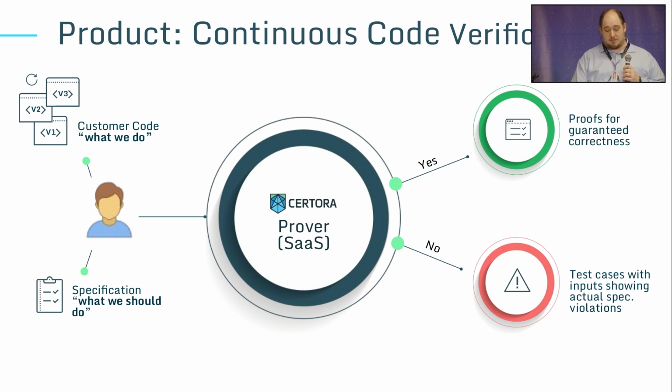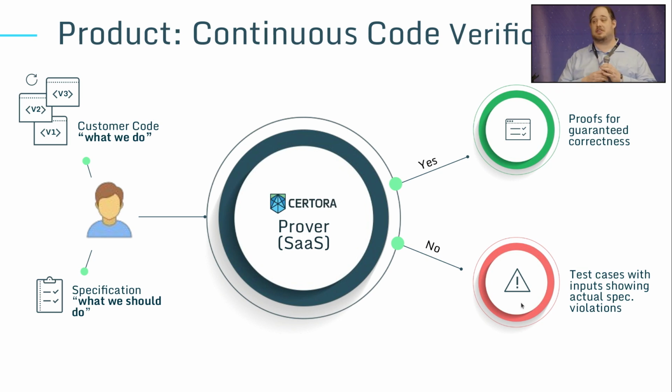And our prover takes in these two things, the smart contract, the EVM bytecode, and the specification, and it outputs one of two things. If you've done a good job on your contract, it'll output a yes, saying, yes, under all circumstances, your contract does satisfy the property that you've said. And if it turns out that actually you have a bug in your code, the prover will output a no,